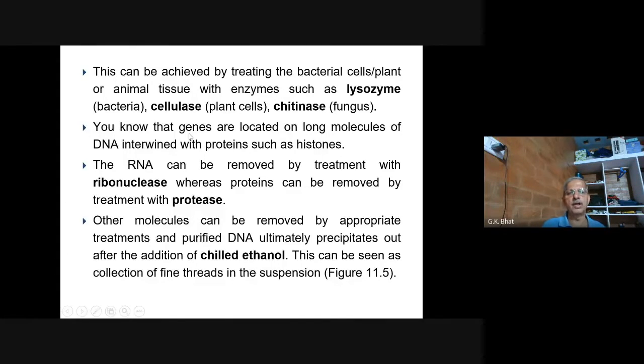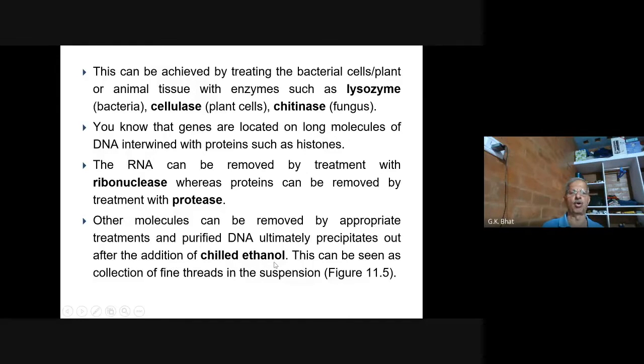DNA. You know that genes are located on long molecules of DNA, intertwined with the proteins such as histone. I have told you there are basic proteins, the histones, so they also should now be digested. The RNA can be removed by treatment with ribonuclease, whereas the proteins can be removed by treatment with protease. So, other macromolecules can be removed by appropriate treatment, and purified DNA ultimately precipitates out after the addition